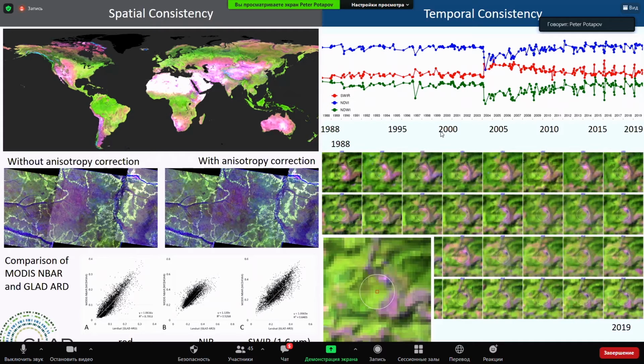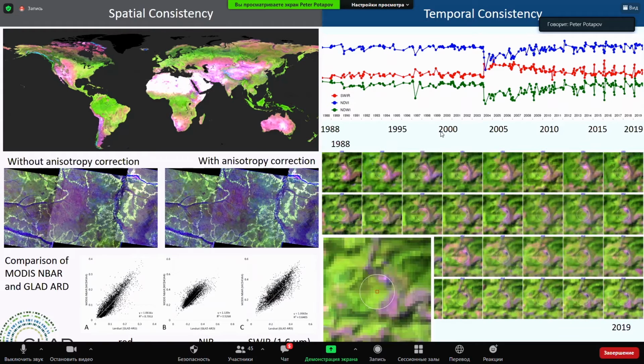It allows us to identify changes in the land cover, and we can also use phenological characteristics. To the right, you can see a time series of 32 years for a test plot in Laos. And here you can see the red, near infrared and shortwave infrared comparisons.